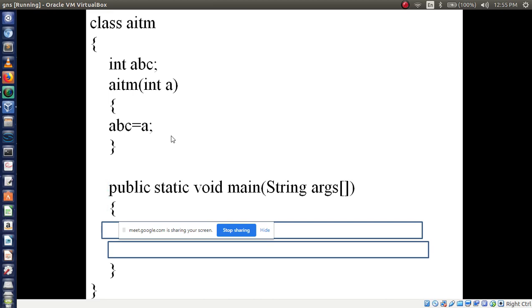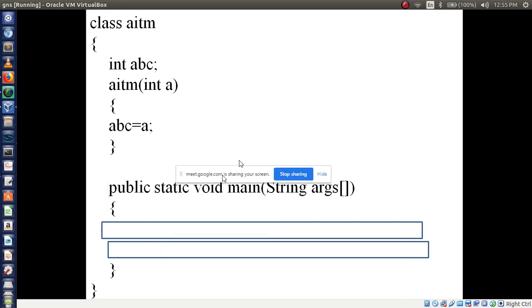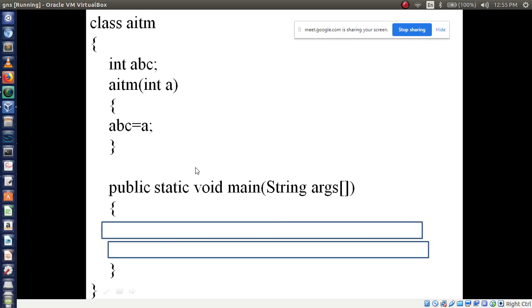Is that clear? Next one is, see here. I have written a class name, constructor, main method. The next line is what? It's an important step. Not SOP.